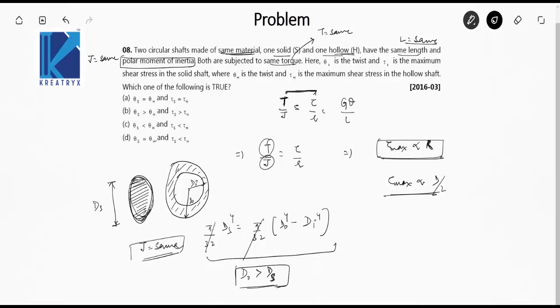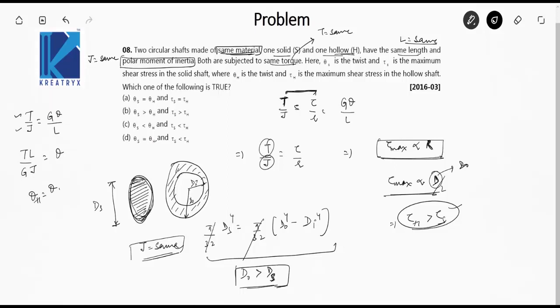So the outer diameter, because in this relation we write the outer diameter, the outer diameter of the hollow shaft is greater than that of the solid shaft. That implies t_h must be greater than t_s. For the angle of twist relation, let's equate T by J is equal to G theta by L. So T is same, J is same, TL by GJ is equal to theta. T is same, J is same, L is same, and G is also same because they are made of the same materials. Theta is actually independent of D, so